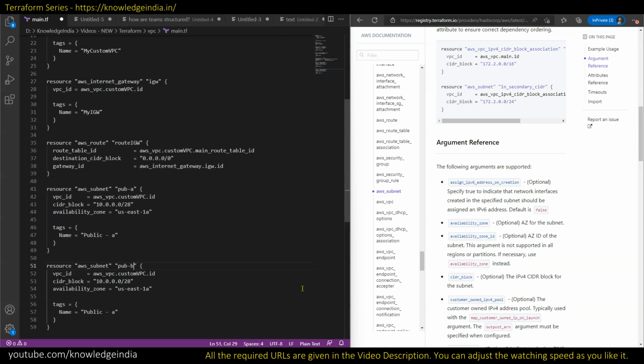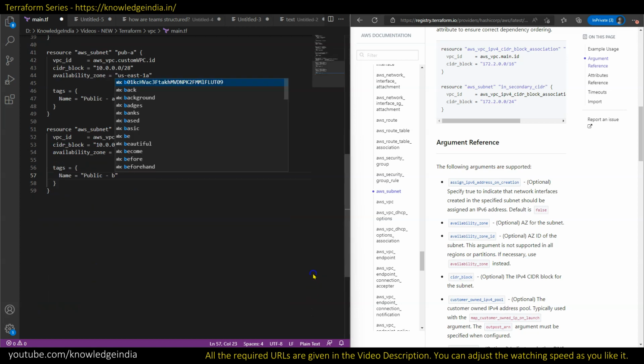So this is the public subnet in the availability zone B, right? And I have changed its CIDR block as well. I'll change its AZ information here, and I will change the tag value as well. Okay, all right. So let's stop at this point, and we can come back to this and try to extend